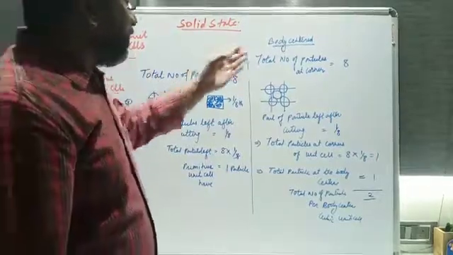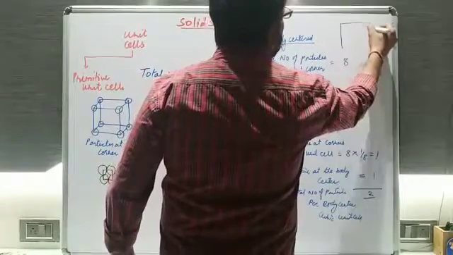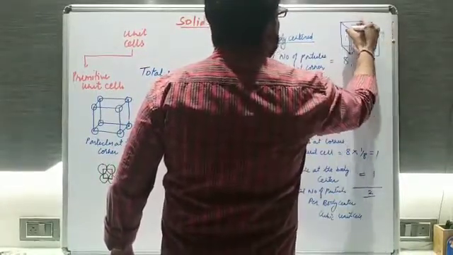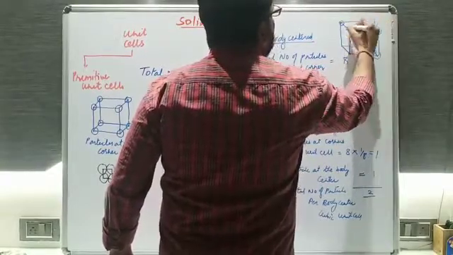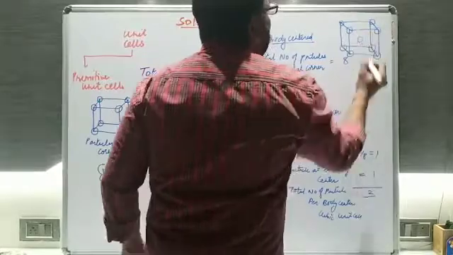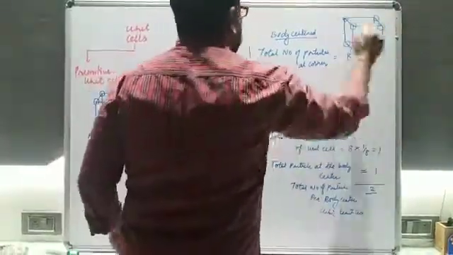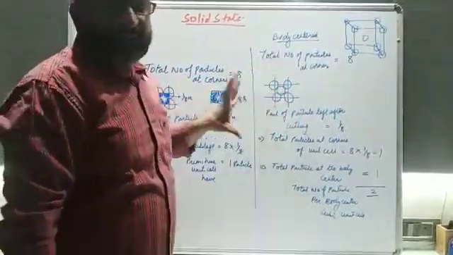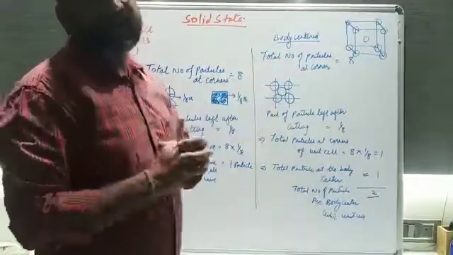Now come to the second one, the centered unit cell. You have seen the body centered cubic unit cell. In the body centered, the particles will be at the corners. Understood, students? And the next thing is 1 particle will be at the center. So when you cut in this way, the 4 particles are at the corner and 1 particle is at the center. I tried to show you, but actually this is not the arrangement. All the balls are connected with each other.